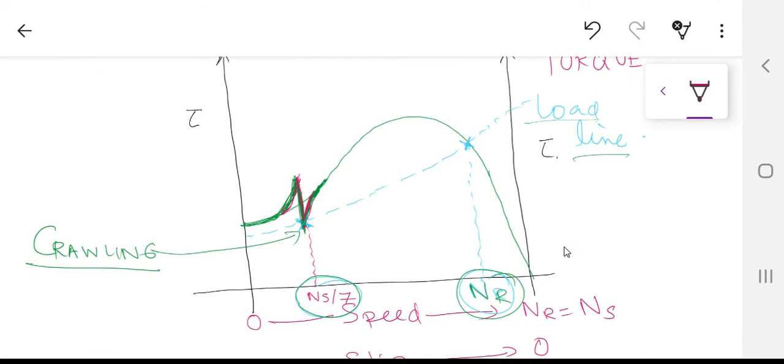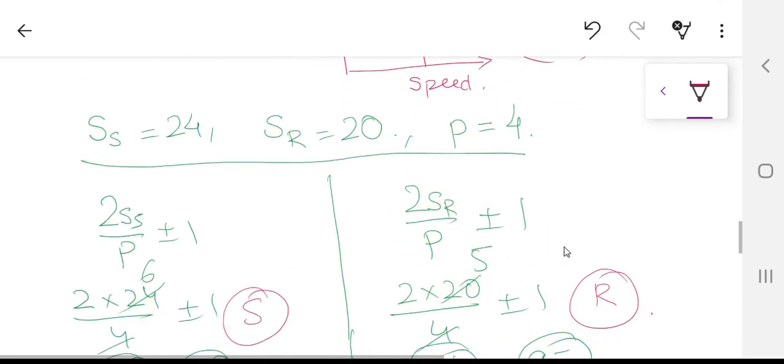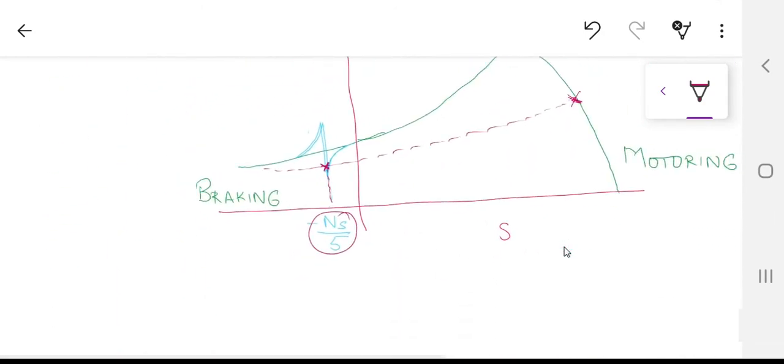Now for different values of SS and SR, you can have very different numbers of harmonics being produced. One thing very important over there: you can take any number of stator slots and any number of rotor slots, but there will be some special numbers of slots at which you are going to have not just crawling but some other problems, which we are going to deal with in the next video, lecture number 6C. Hopefully this will be the end of this article, because this is now getting a lot lengthy, but these are very important topics, and whenever a machine designer is going to design these machines, you have to take into consideration what should be the number of slots in the stator and what should be the number of slots in the rotor.